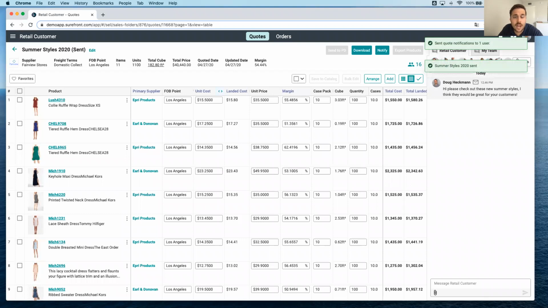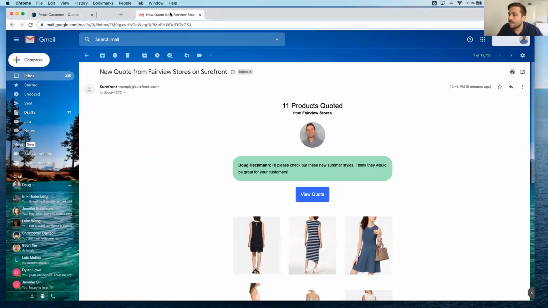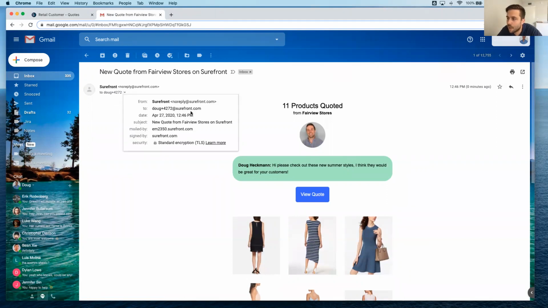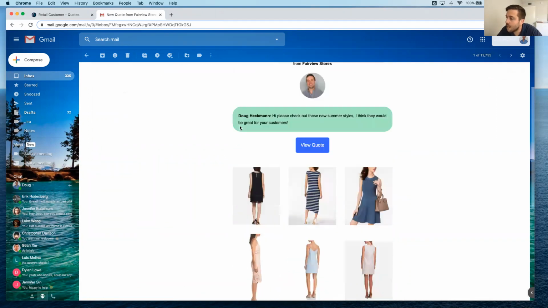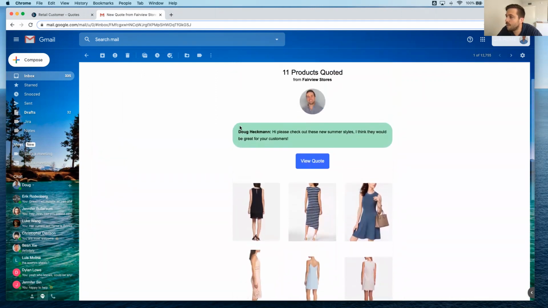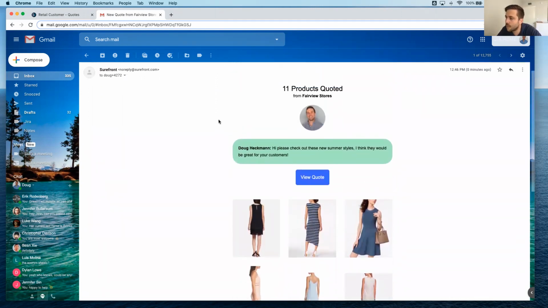Great. Now I'm going to bring up an email that your customer is going to receive so that we can see what it's like to be on the customer side of this engagement. So you can see, here's this new quotation that we just made and sent to this brand new email address. And right away, I'm getting this nice visual preview from Doug at Fairview Store saying, please check out